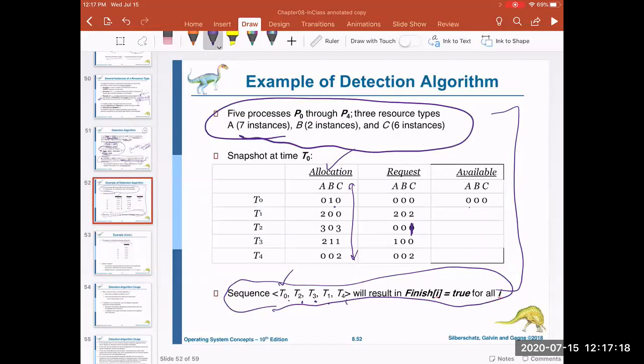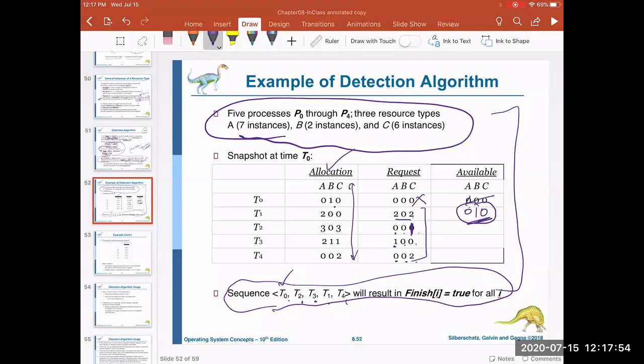Okay, so we start doing this. T0 would run because it does not require any resource. So the new available would be 010. Now in this state, this requires 202, this requires 001, this requires 100, this requires 002. So with these resources, it cannot go. So when we have these resources, the system is in a deadlock